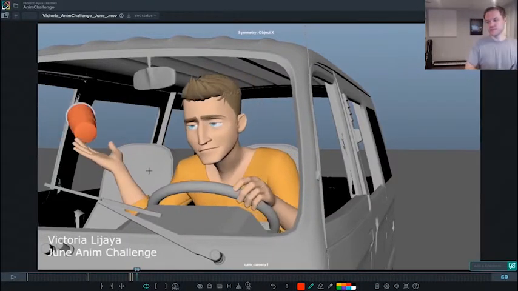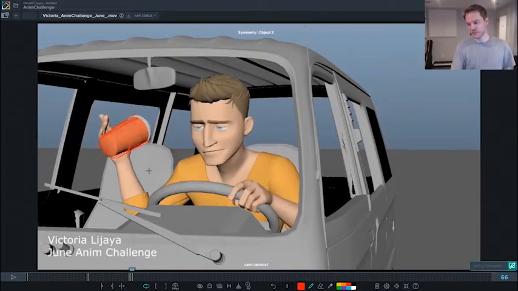And that will keep the spacing moving a little faster because you'll skip that one real problem frame where it pauses before it jumps forward again. And then it'll also make it feel like the speed at which he throws it maintains its velocity as it goes out the car. Right now, the spacing gap here from 65 to 66 is making it feel like that throw is going to